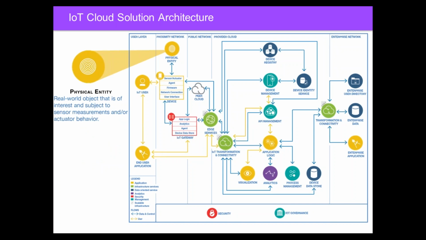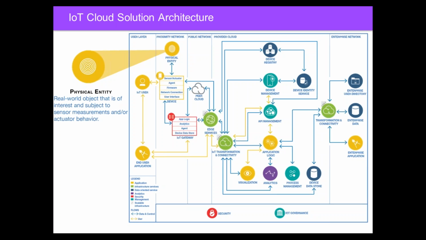Then we have the physical entity, and you'll notice that this is separate from the actual sensors and actuators, because depending on the device we're looking at, it may be all in one box, or it may be separate. In the case I was just mentioning, like an appliance, a lot of those sensors are probably built into the appliance itself, but in a lot of other cases, especially in the industrial space, you may see sensors that are outside of the actual device, and those may be looking at things like environmentals. They may not be part of the device itself, but they may be separate. So when we refer to the physical entity, that's the actual thing that we're trying to understand and get insights about. And that's what we're trying to manage.